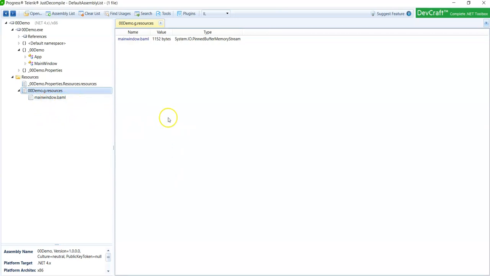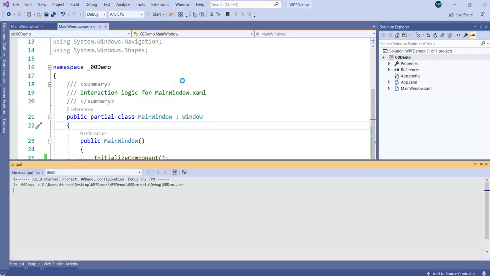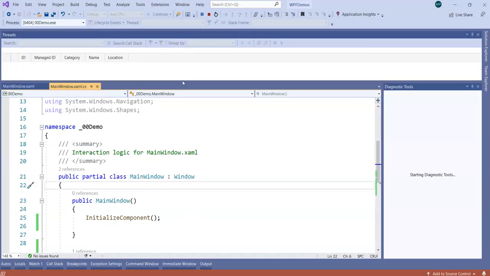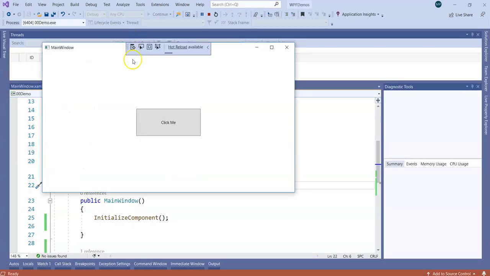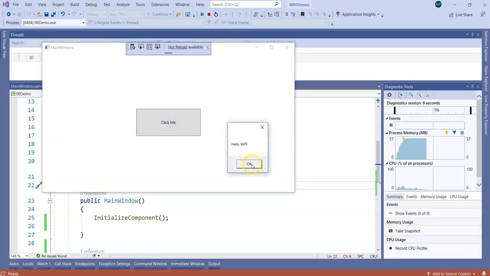Now this particular file is going to play a very vital role whenever it comes to plotting the UI elements. I'm not going to go into detail of it. We will understand BAML in a while. So I'm going to go to Visual Studio now, and whatever we have compiled, without errors, without warnings, I'm just going to run the application. If I run it, you will notice it simply puts up the UI, and we have here a simple click button. Click here and then "Hello WPF" appears on screen.